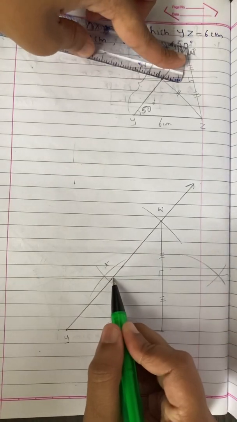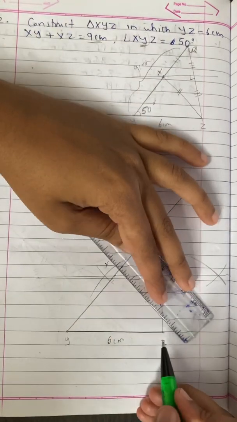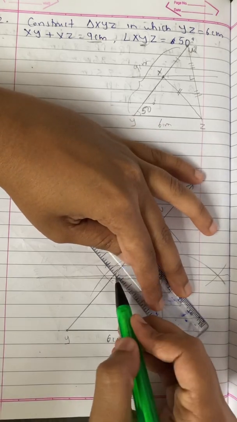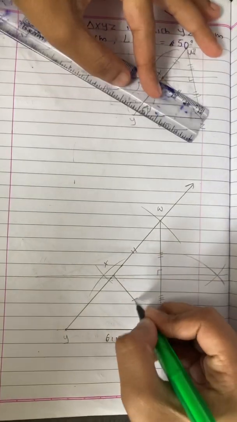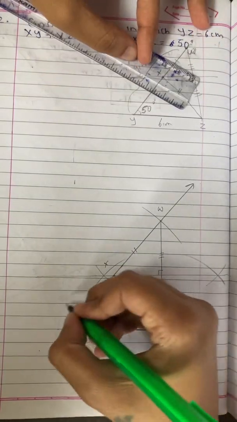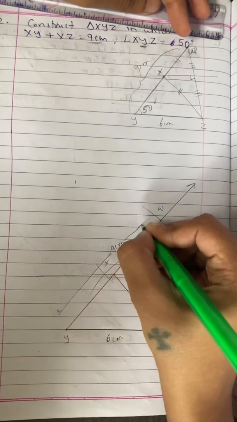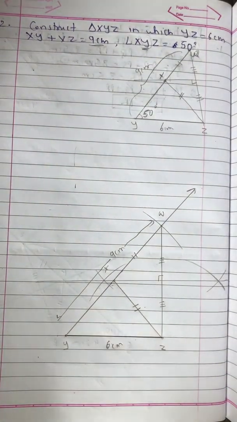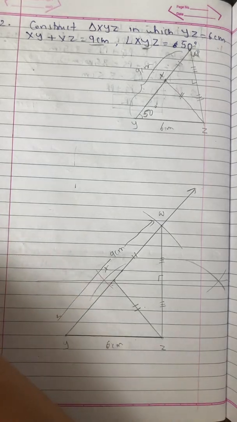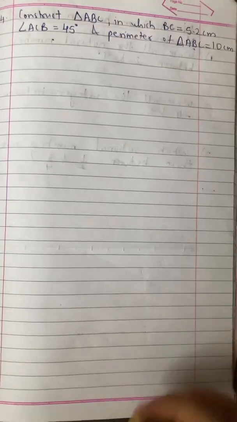Now I have to join point X and point Z. This segment will be equal to this segment. All right. Now this is how we draw. So now, I think you all must have understood how to draw this construction. The third sum is omitted from your syllabus. Moving forward, this sum is little